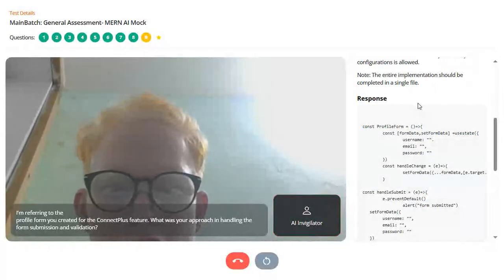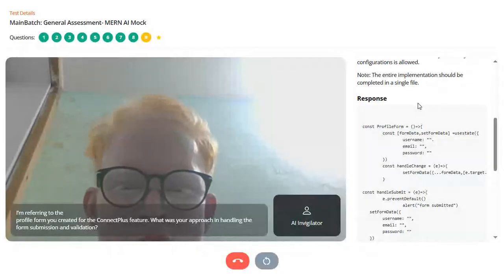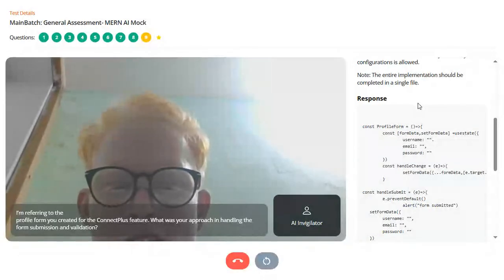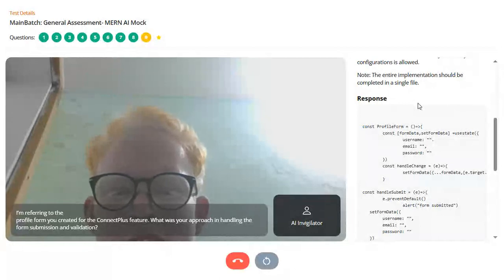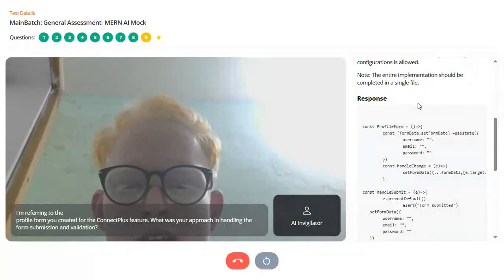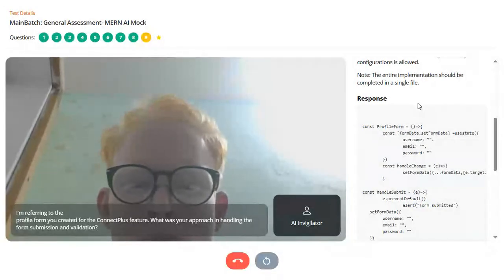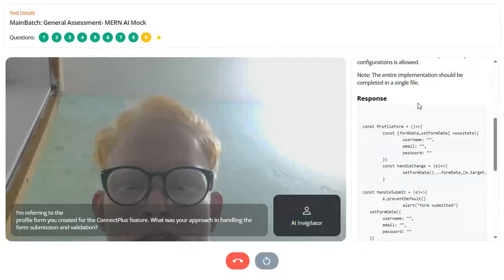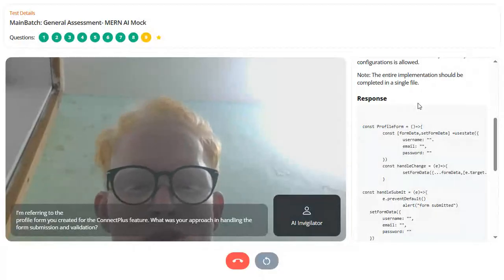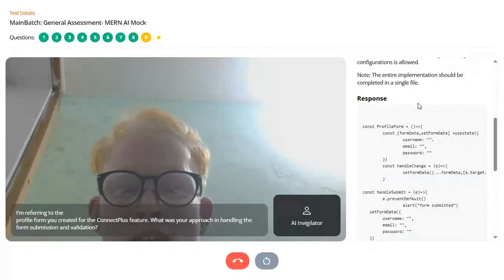First, I declared useState for controlled data, like state for username, password, and email. Then I created the form, like a name input with type text, then password with type password, then email with type email. Then I am controlling their values with useState. Then I have used